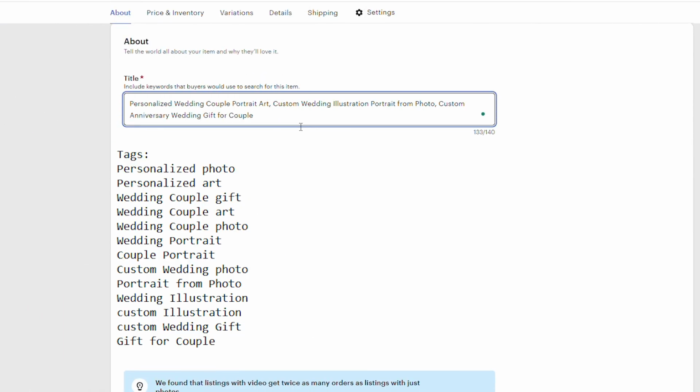And now guys, I'm going to show you how I generated my keywords. So from the title that I have right here, I went and decided with personalized right here, and then I took photo because this is something that I want to rank for. Then personalized and art. Then I also have wedding couple gift. So here I have wedding couple, then I have gift right here, or gift for couple. I can include both of them. I have wedding couple and art. I can also opt for couple portrait, wedding and portrait. Then I have custom wedding photo, custom wedding portrait, wedding